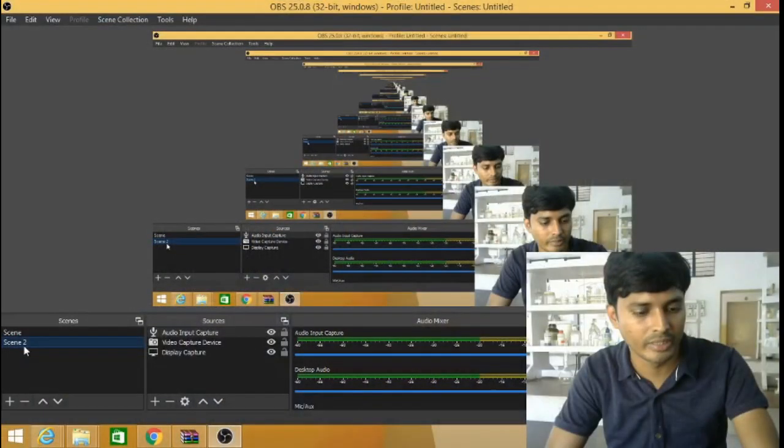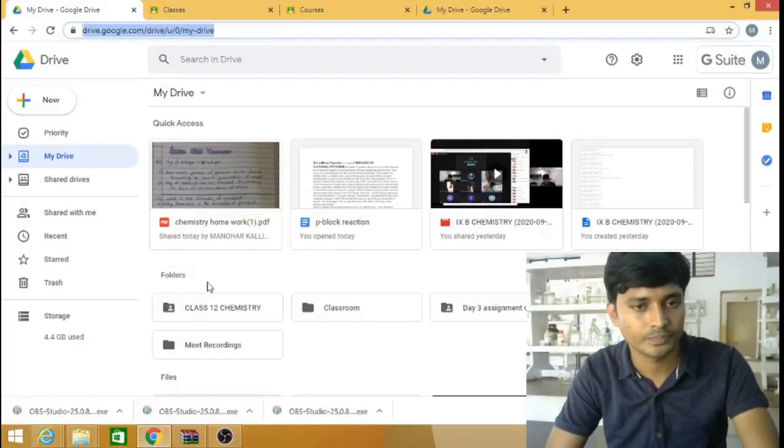So our final objective is now transferring the files from our Google account to the G Suite account, whatever the students posted. So how we can do those things, I will explain step by step. Let's see, by that things will be clear to you. Now I will take you to the screen.